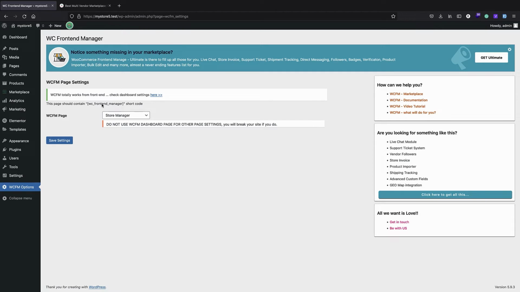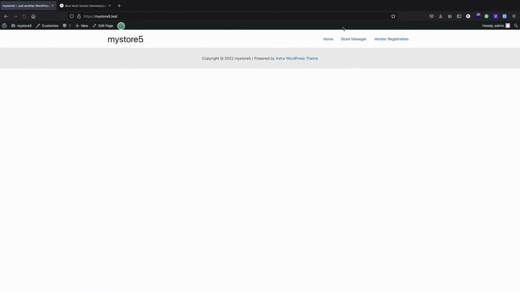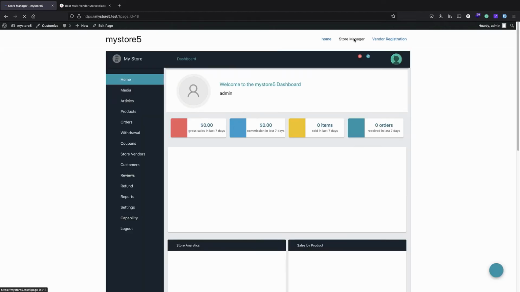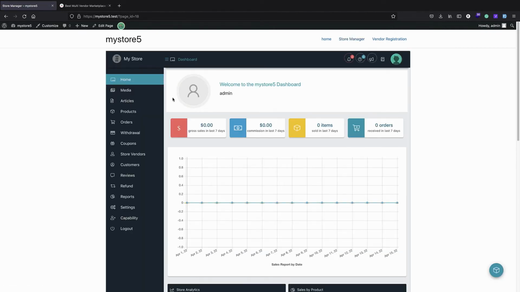That's because all of the features and options are in the front end, both for you and of course for your vendors. So for the vendors, it just makes sense because they do not have access to the backend and they should not have access to the backend. But for you also, this is the case. So you don't have any options here, but rather all of your options are in the store manager. So from now on, anything that you want to change with this plugin should be found in the store manager section. So if you just bring settings here,